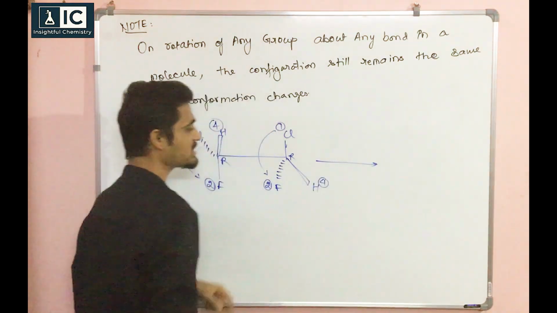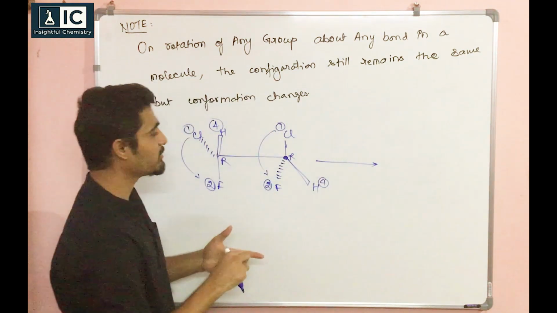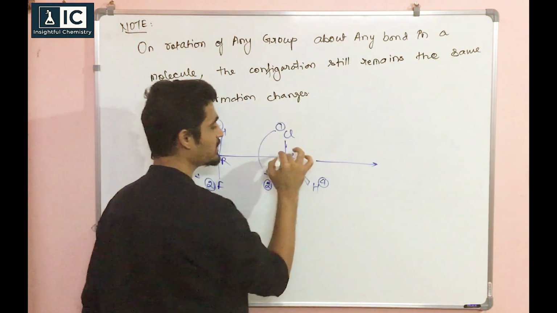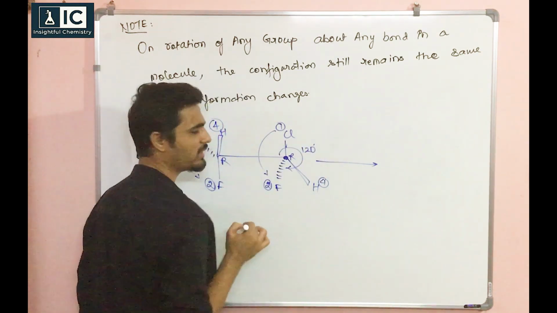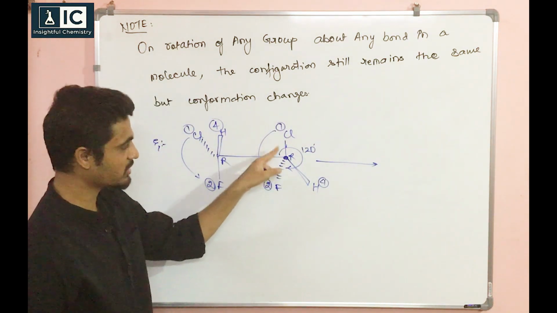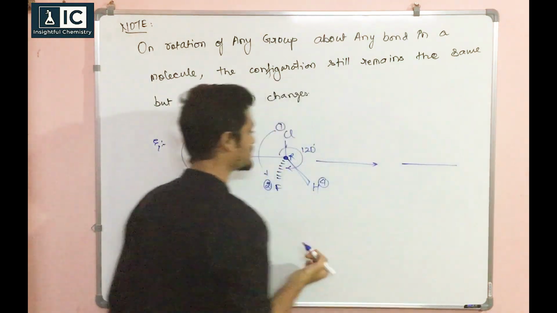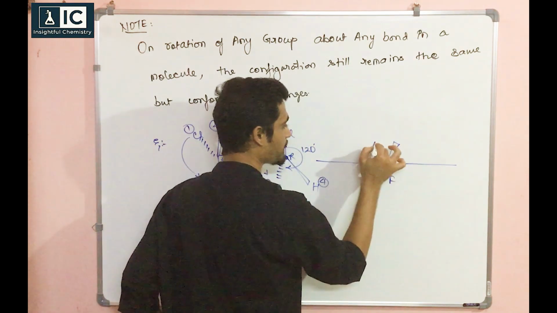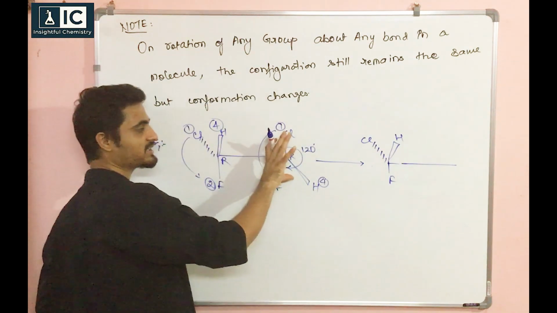Now suppose I take this carbon and I rotate it. I am rotating it clockwise, and this will remain fixed. So this carbon is rotated clockwise by 120 degrees. Why 120? Because the angle between these in the triangle will be 120. If I do that, I am going to get this compound. This is going to remain fixed, so I can draw here FClH. This one I am rotating just by 120.